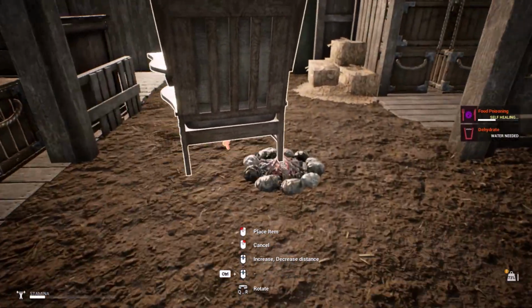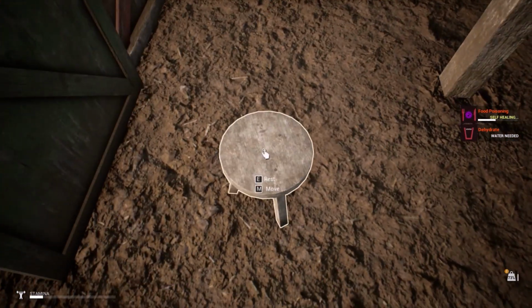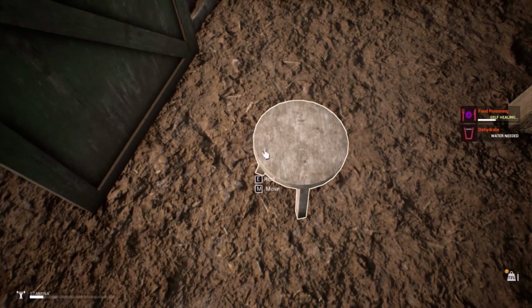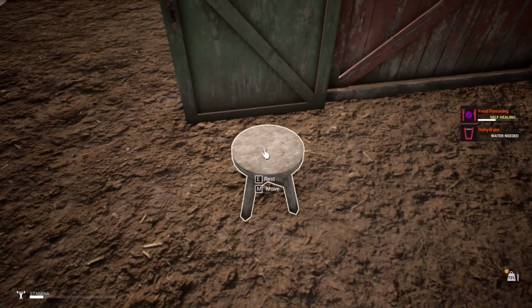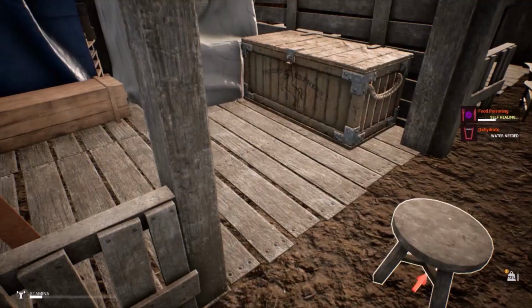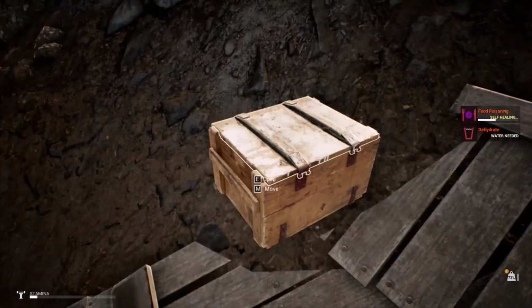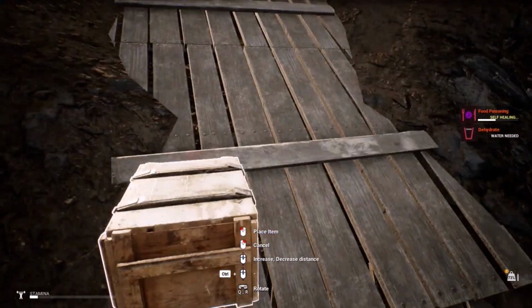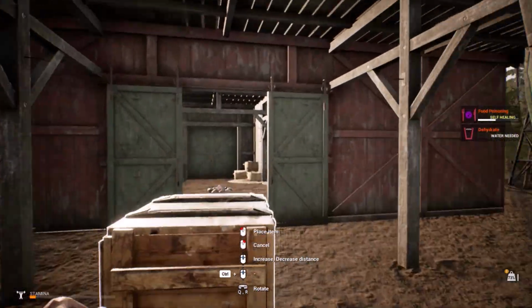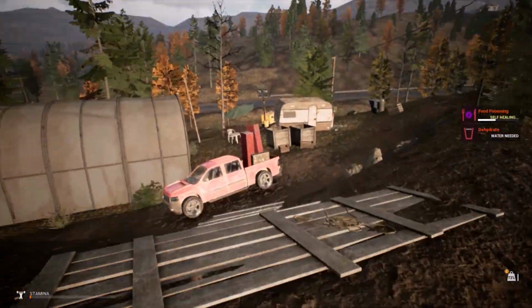So we're going to have some dinner. Going to sit by the campfire. I'll put that stool in as well. That one means too close. I think I've said that a few times now. Okay, we will get this box in. So tomorrow we're going to go back to that house. And then we're going to go and do the